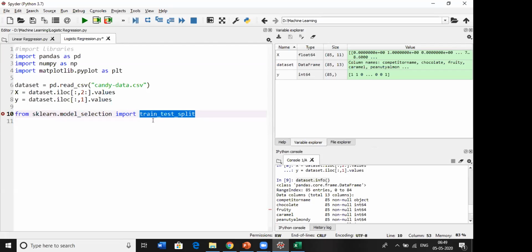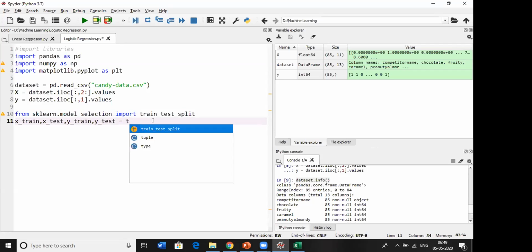It will return 4 values: X train, training data, X test data, Y train data, and Y test data. Okay. We need to call the function train_test_split. Inside this, we need to give the independent and dependent variables X and Y, and 2 more arguments.